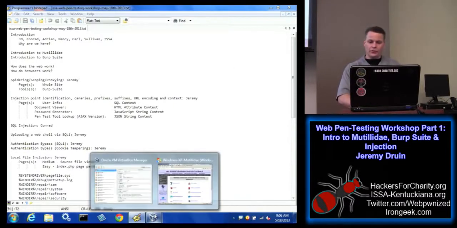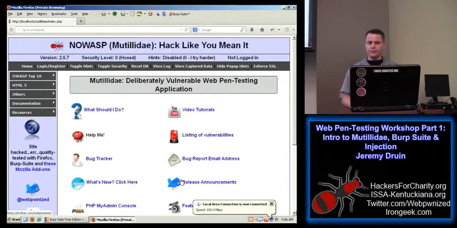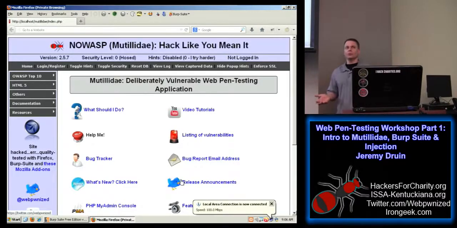So the tools we're using are Mutillidae. It's a purposely vulnerable web application that implements about 42 vulnerabilities. It has all of the OWASP top 10. It has a good chunk of the SANS top 25 that applies to web. It also has some other vulnerabilities that are not going to make the top of any list, but they're commonly found by web scanners. So if you're using Mutillidae to test a web scanner, which is one of its purposes, it provides the opportunity for the web scanner to demonstrate what it's able to find.